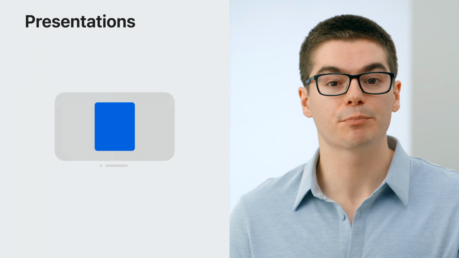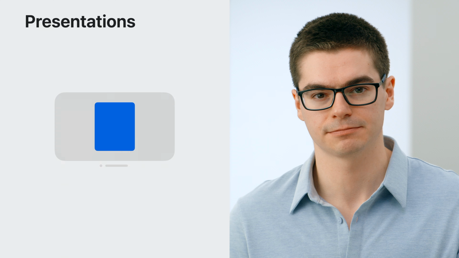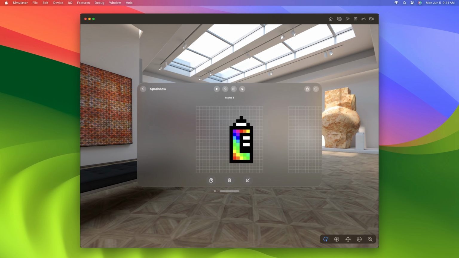If you use standard presentations in your iPad app, your spatial app may already be breaking outside the bounds in a great way. UIKit handles all the details, as long as you haven't hard-coded any platform assumptions. The next way I'm going to elevate the example app is with ornaments. While the app's presentations are now spatial, the editor itself is not yet taking advantage of the extra space on the platform. The editor looks a little cramped.